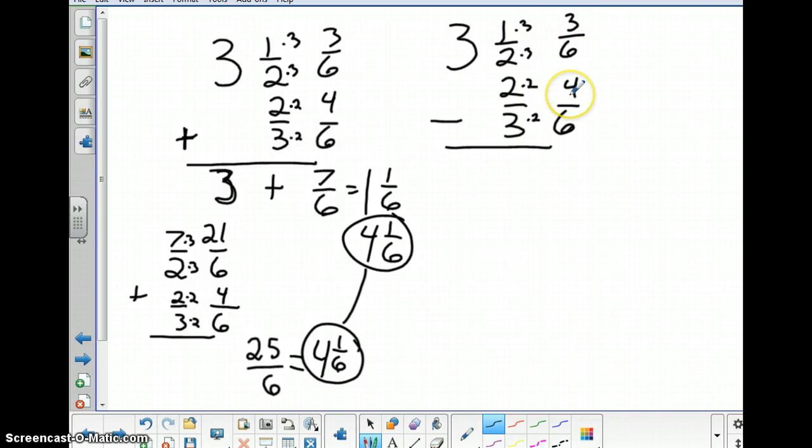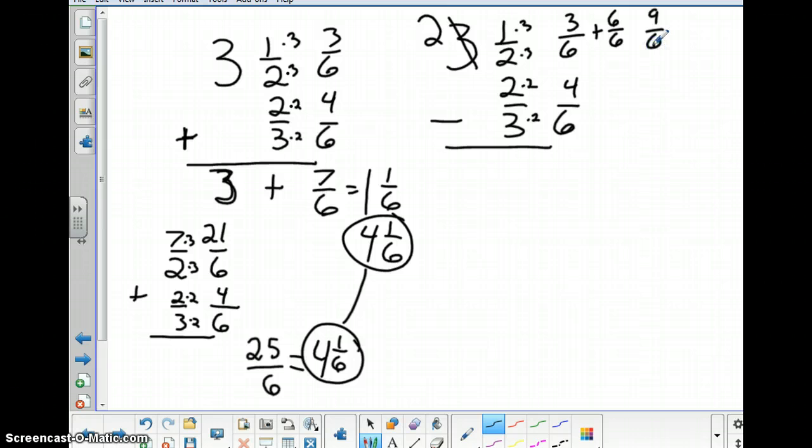Now, to subtract, well, we can't subtract 4 away from 3. So now is where we have to regroup. We don't have enough 6ths to subtract 4. So we can borrow it from 3. If I borrow a whole, that means we only have 2 wholes, but I need to add a whole, or 6/6, which would be a whole, before I can subtract. So 6/6 and 3/6 is